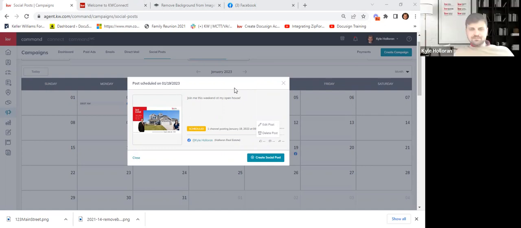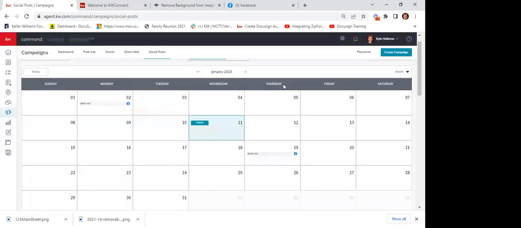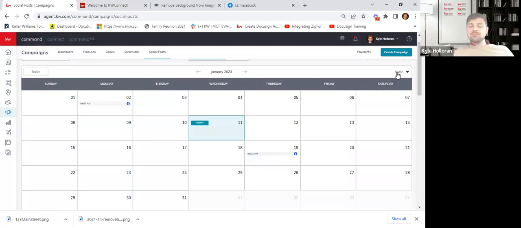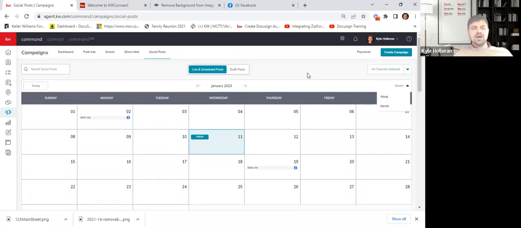Exactly. Okay. And this is only for Facebook. There's no way to do Instagram, right? Instagram's coming very soon, I think by family reunion. And I think you're going to see TikTok as well. And I think Google AdWords is actually coming in here where you can be publishing to Google as well. So they're bringing in some additional social products into the system right now.